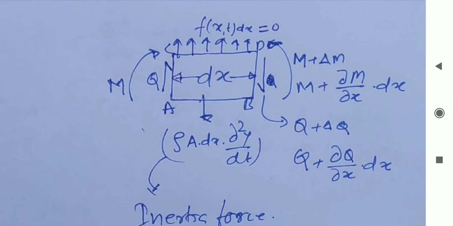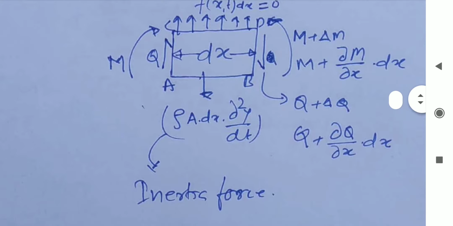according to that situation, there is F(x,t) dx, the force acting in the direction perpendicular to the wave propagation. But in this case we assume that the external force is equal to 0. Only that force, and what is the vibration due to? Inertia force, that is mass into acceleration. So given the density of the material of the beam, rho, the cross-sectional area of the beam A, and the elemental length dx, we get rho A dx into d square y upon dt square, and that is called the inertia force.